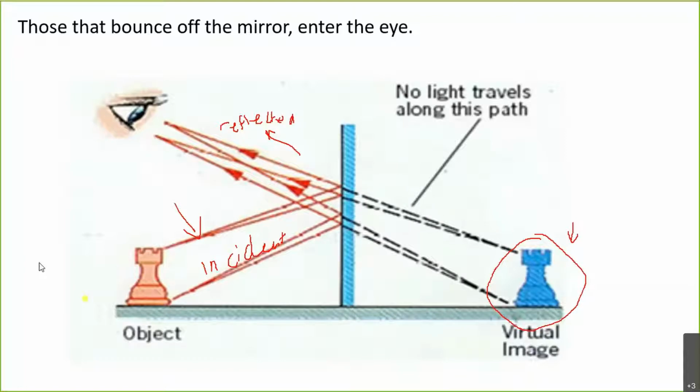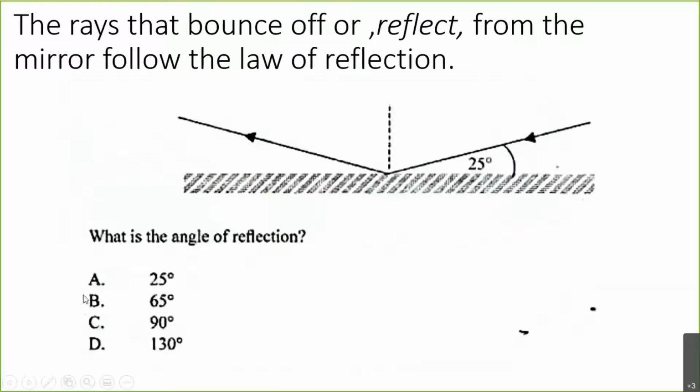So let's look a little closer at this. When we talk about reflection, we need to keep in mind that all of those rays, even though there are a lot of them bouncing off of that one object to produce a mirror image,